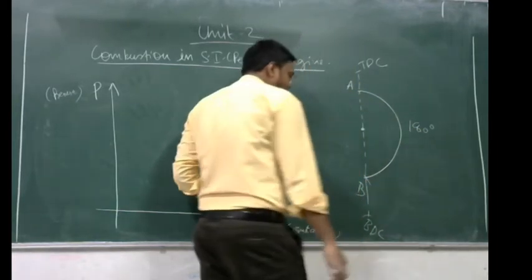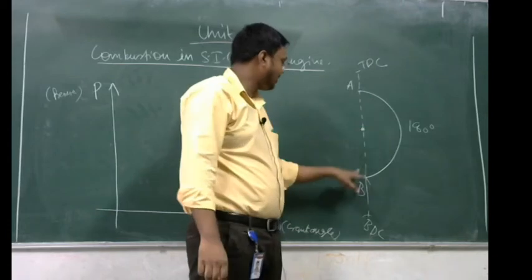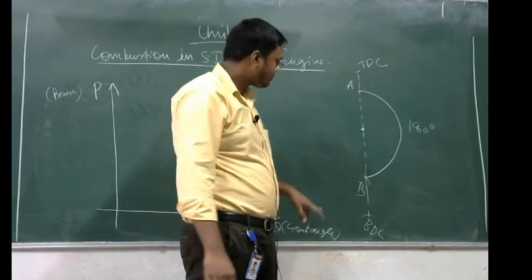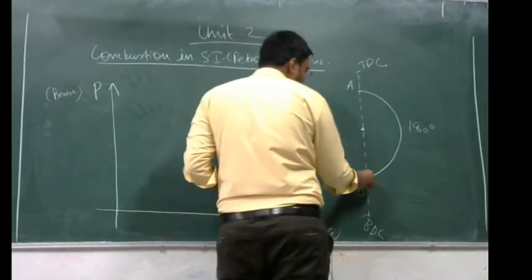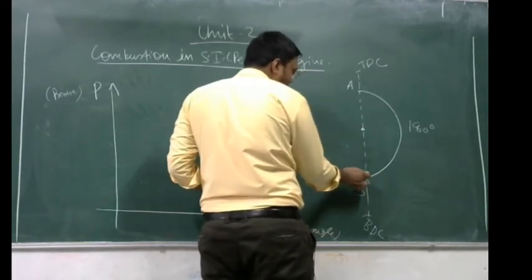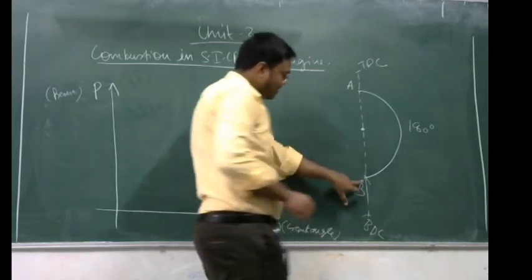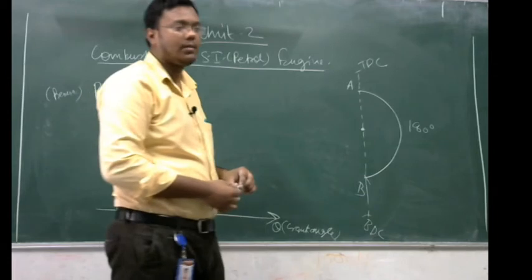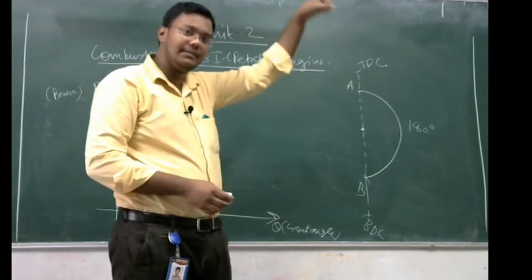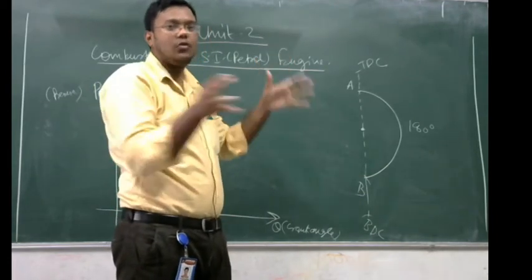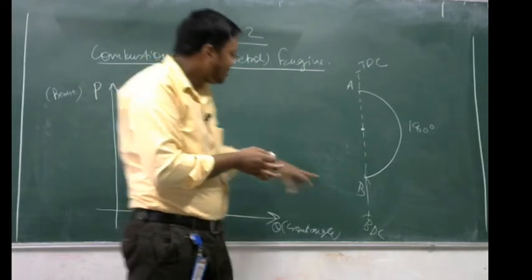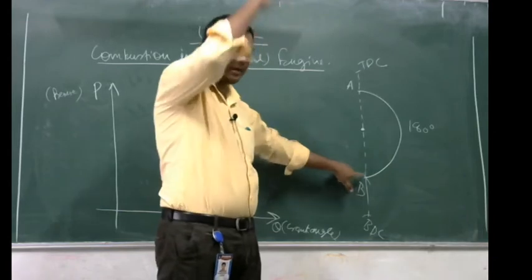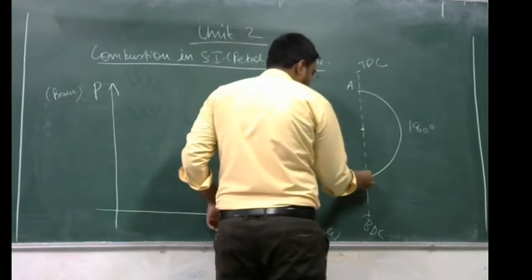This is point B. From A to B suction takes place, and at point B suction stops. Now from B to C, the piston is at TDC, BDC, and the next stroke is the compression stroke. In the compression stroke, the piston moves from BDC to TDC and compresses the air fuel mixture inside the engine cylinder. When the piston moves from BDC to TDC, the crank again moves from the bottom to the top side. The crank will again move by 180 degrees.